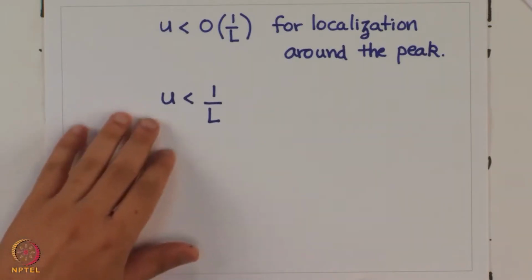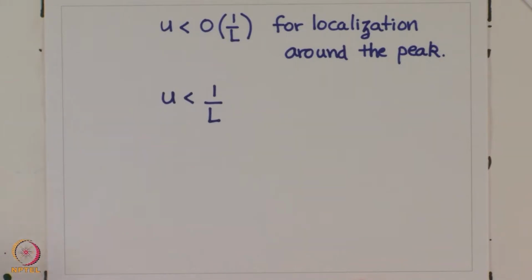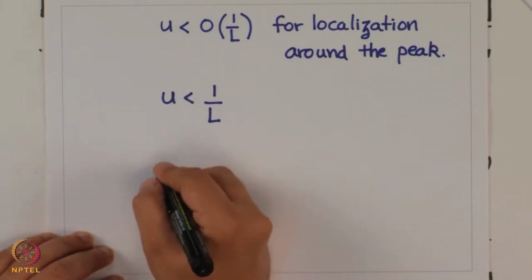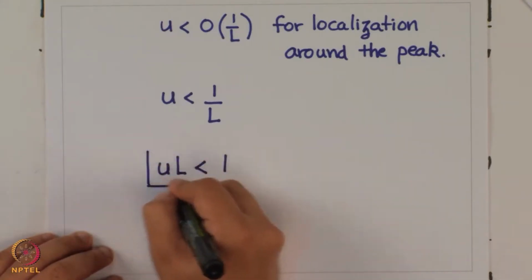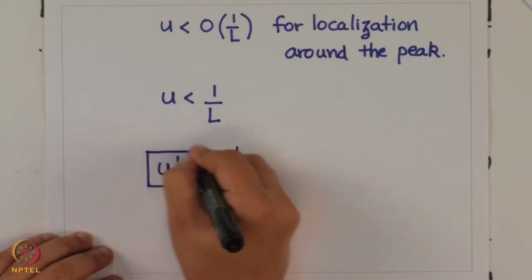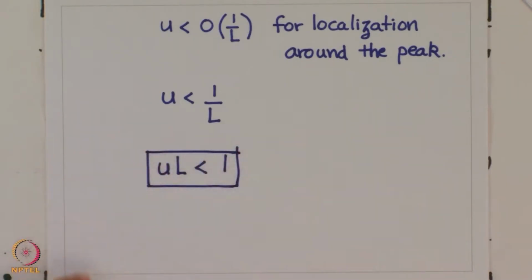So, I am going to assume that U less than 1 by L is the threshold where we ensure that localization of population around peaks of fitness landscapes are still happening. If that is the case, then what the threshold tells us is that U times L should be less than 1 for localization. That is a constraint that populations should maintain, should respect, if they do not want collapse of populations from fitness landscape, and populations should represent quasi species centered around genomes which correspond to